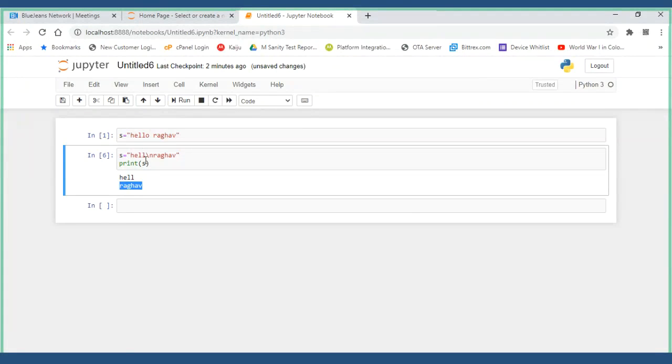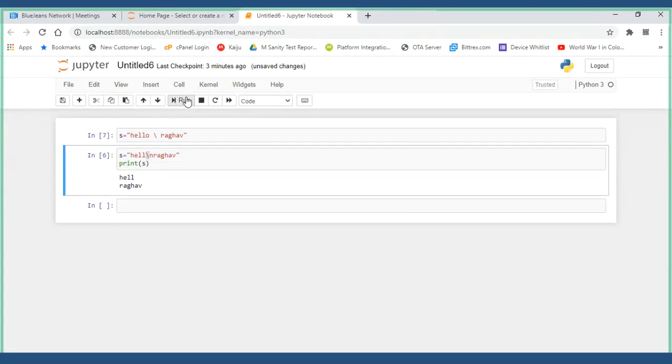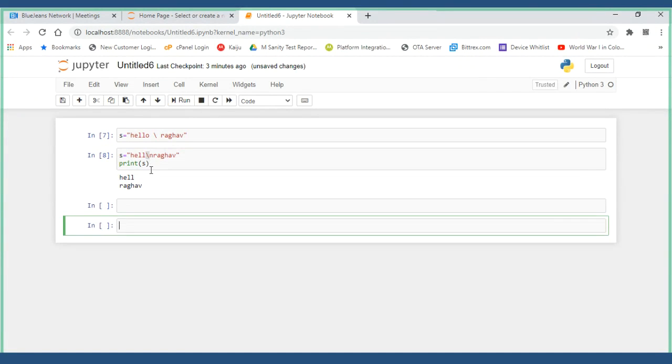As soon as it encounters a backslash, it comes to know that I have to do some operation on this particular line, from the point where it has seen the backslash. If you enter a backslash anywhere without reason, try to expect some operation.